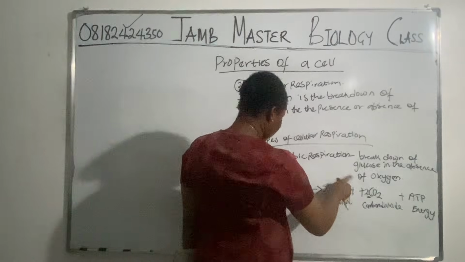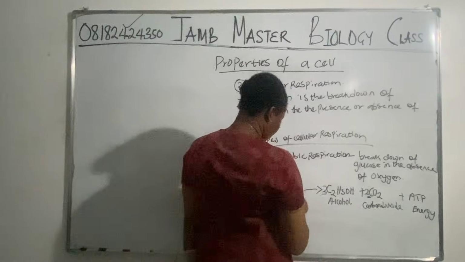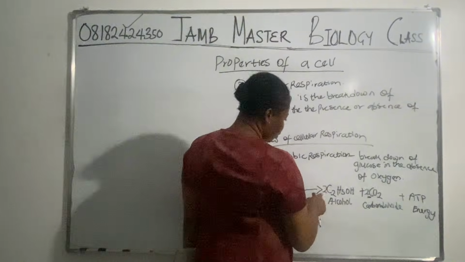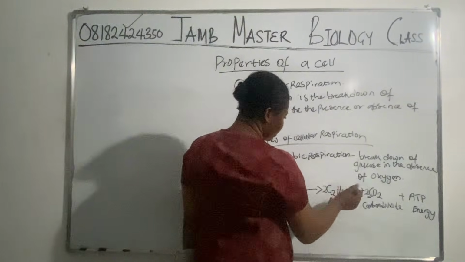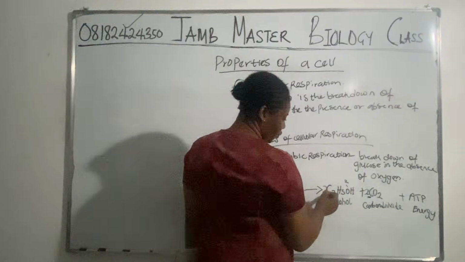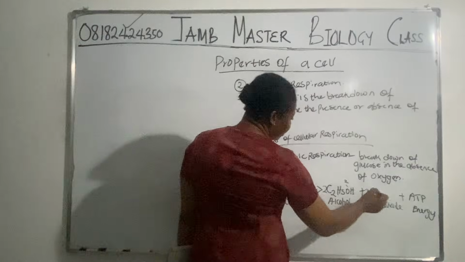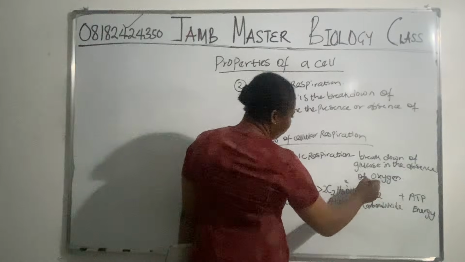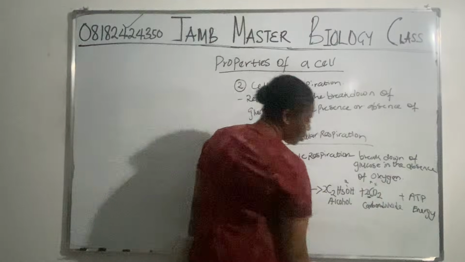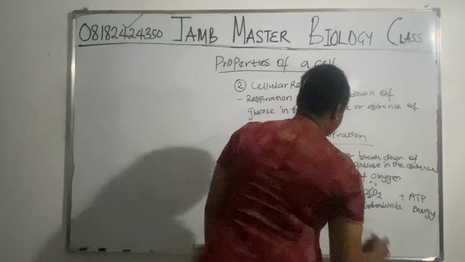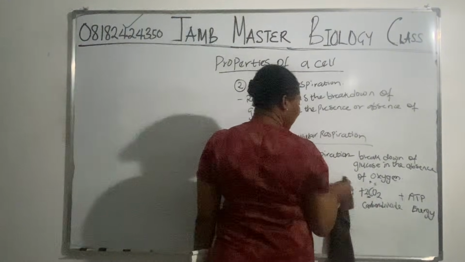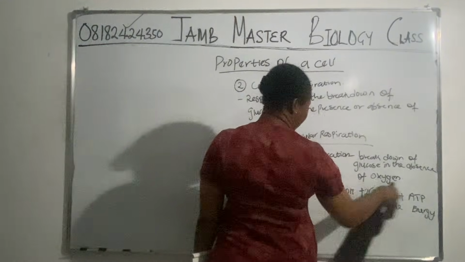Then we go over to oxygen. Oxygen is 6, right? This 2 here covers this one here. So this is 2 because of this 2 here. So we have 2 times 2, which is 4. 4 plus 2 is what? 6. So we see that the equation is balanced. In the process, energy is released, which is the energy we are seeing here.